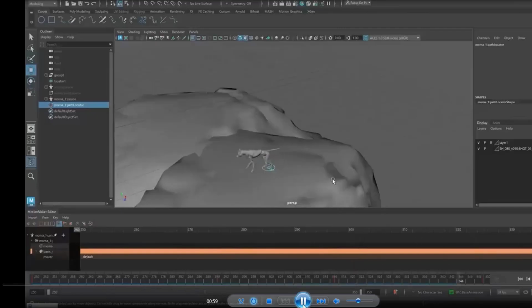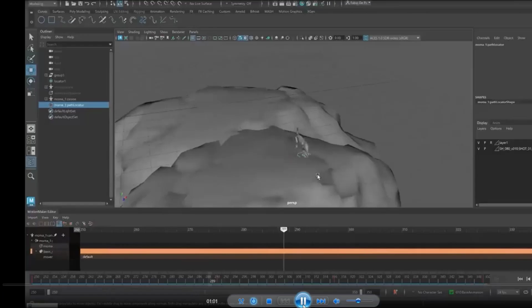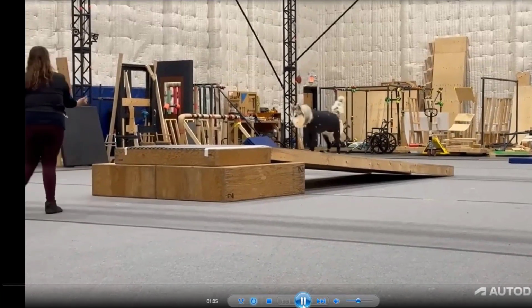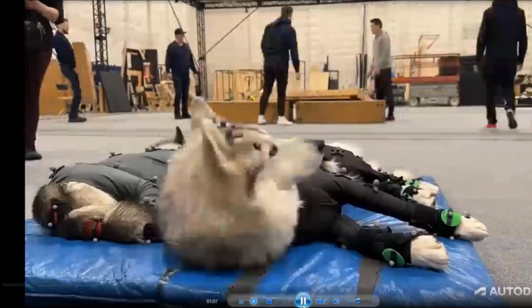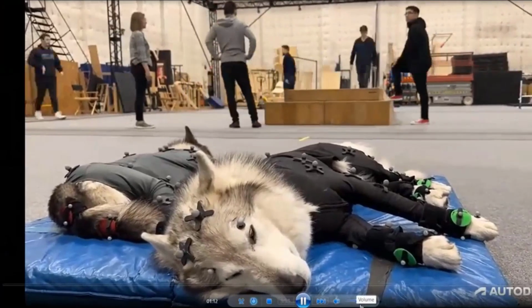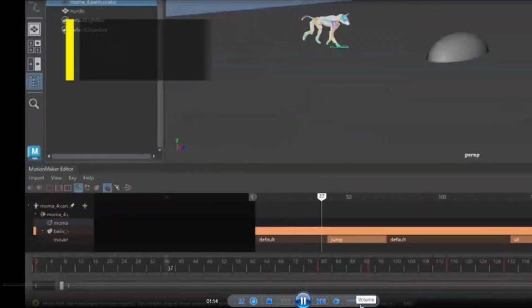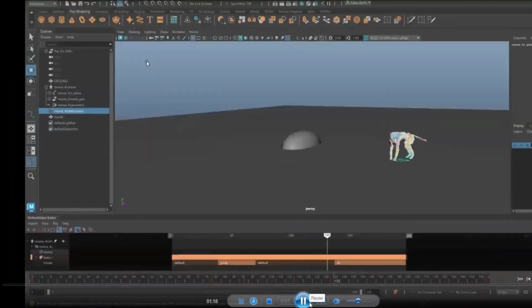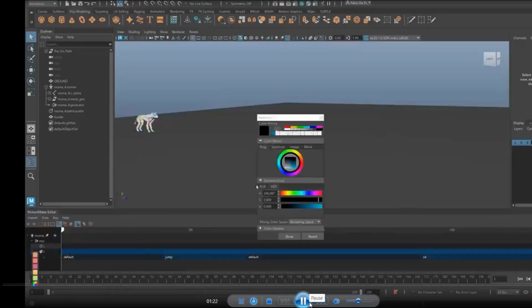Crafting a really good performance matters. We captured motion on stage, so Motion Maker knows how and when a dog wags its tail, for example, or a human shifts its weight before a sprint. Now, that intelligence lives in Maya. Motion Maker comes with its own editor, because you're not just generating motion, you're directing it. Set paths, add actions like jump or sit, tweak, mute, color code, all in one clean, organized space.